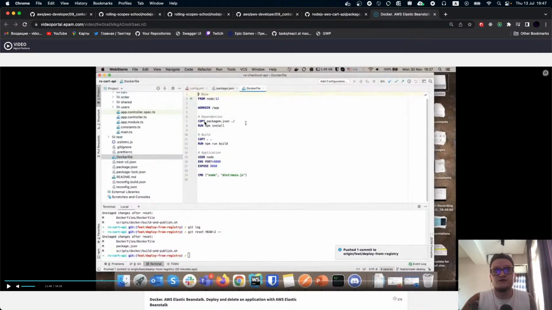But if you copy package.json separately at the start, then when you run the Dockerfile the first time, it has package.json and runs npm install, then copies everything else and runs build. If you made some changes and didn't change anything inside package.json, it will see that it already copied this, and it doesn't have to copy it again because it didn't change.